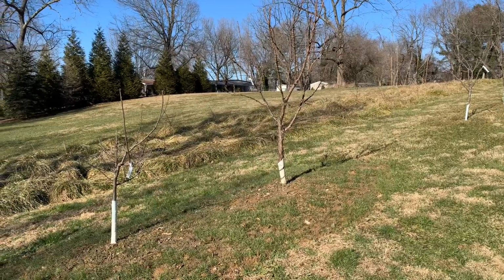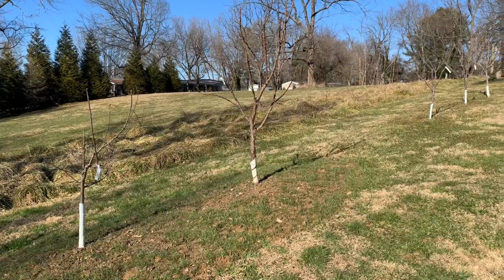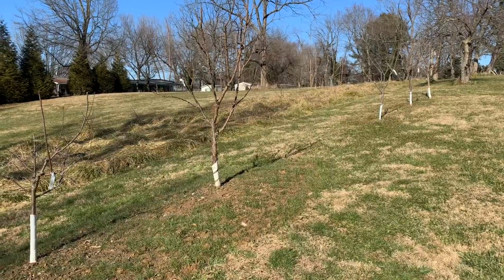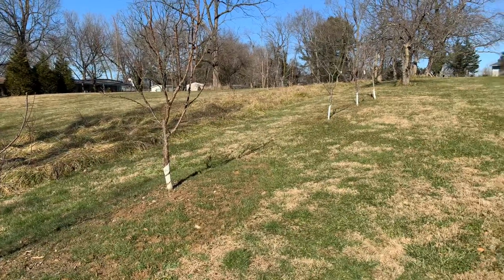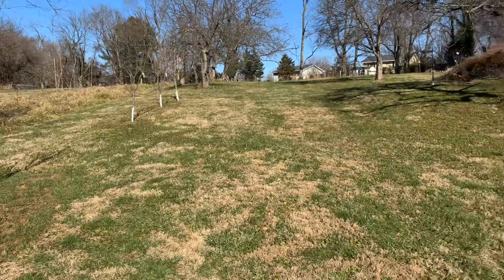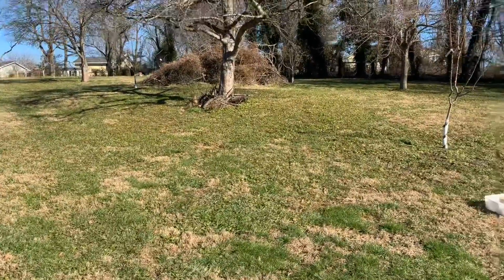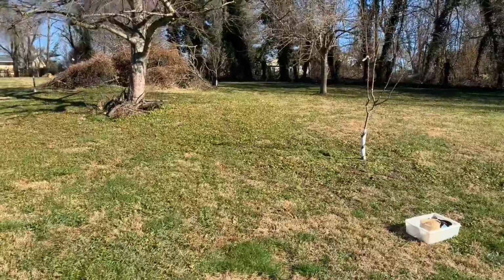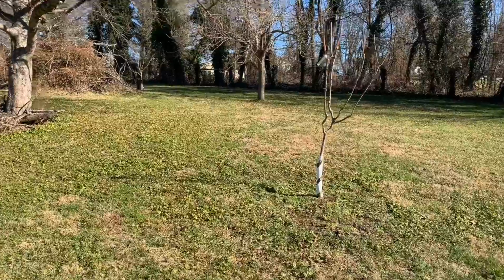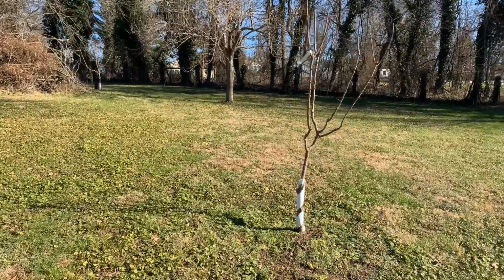So these are a bunch of fruit trees that I had pruned a week back, and usually you would prune fruit trees in the middle of winter. Today is about mid-January, and this is one of the apricot trees that I have. If you see the 4 branches on the top, there were like 3 more branches going from the